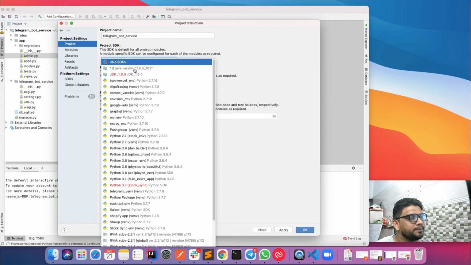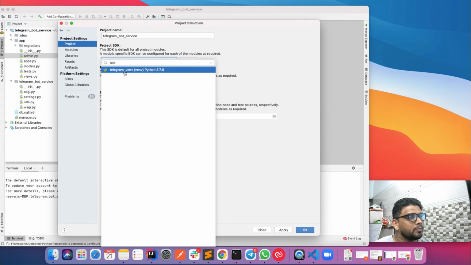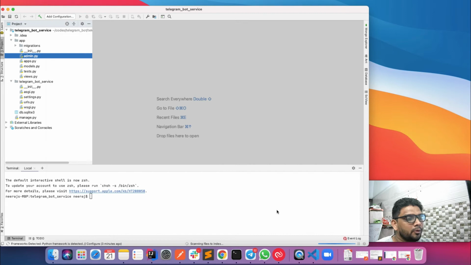After creating a new virtual env SDK in IntelliJ IDEA, I need to attach this SDK to the project. Just go over here, select this, apply, and OK.